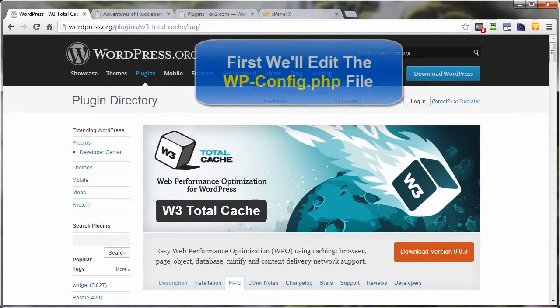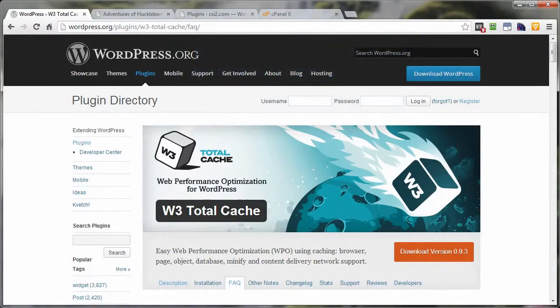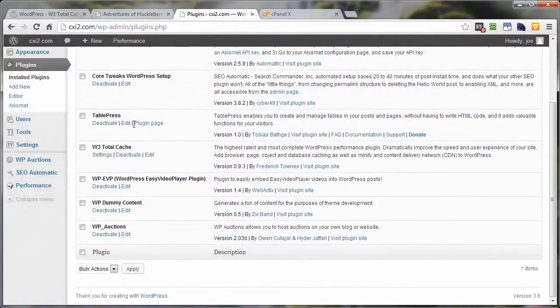Now to do this, you're going to need to edit the wp-config.php file in your WordPress root directory. So you're going to need either access to your cPanel Control Panel's file manager or an FTP client so that you can either edit the live files or download the files, edit them, then upload them and overwrite the old files. Now, I'm going to be using the file manager from my cPanel control panel, mainly because it's just easier to demonstrate in this video. So if we were to head over to the plugins section of our WordPress site, normally